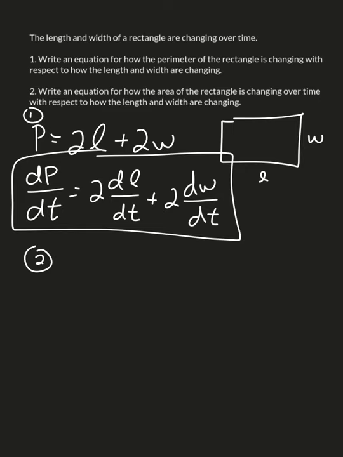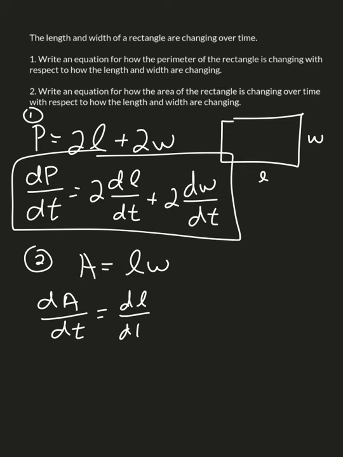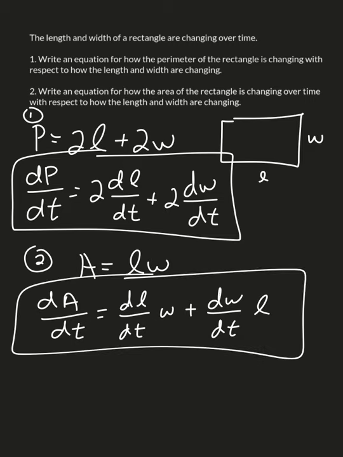So we know that the area of a rectangle is just the length times the width. The only thing that's a little bit different with this problem is that we need to use product rule when we find the derivative of the right-hand side. The derivative of the area is literally dA/dt, which represents the change in the area over time. Product rule on the right-hand side: dL/dt times W plus dW/dt times L. So I just did my A prime B plus B prime A,